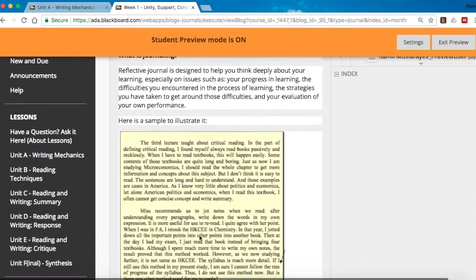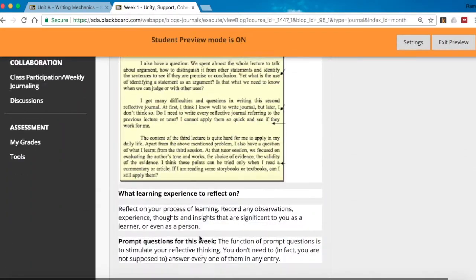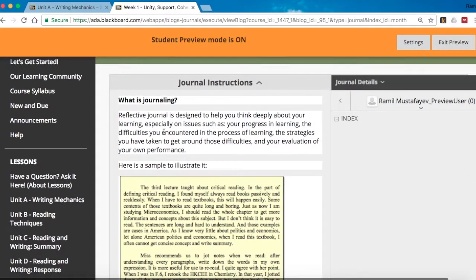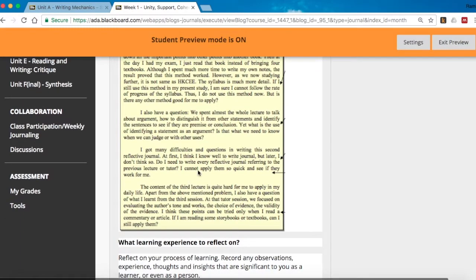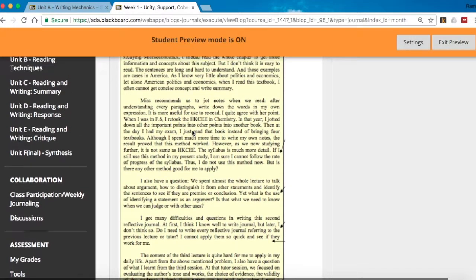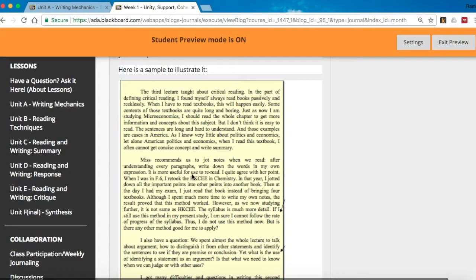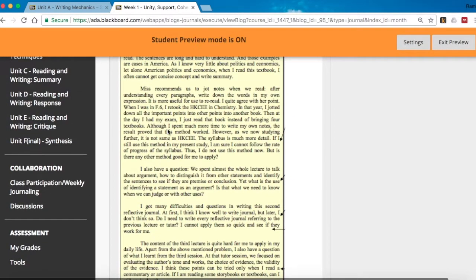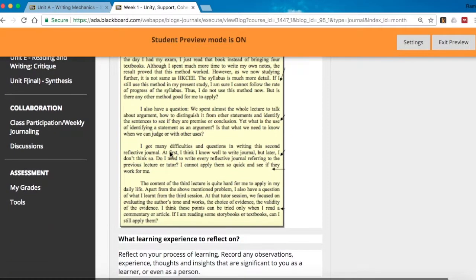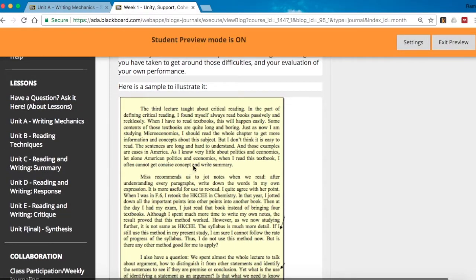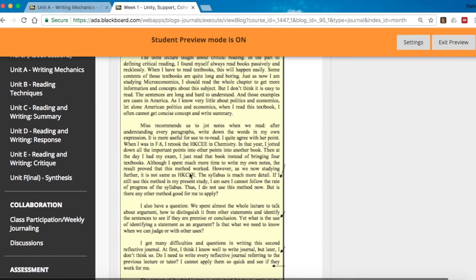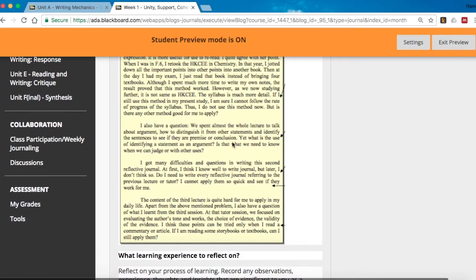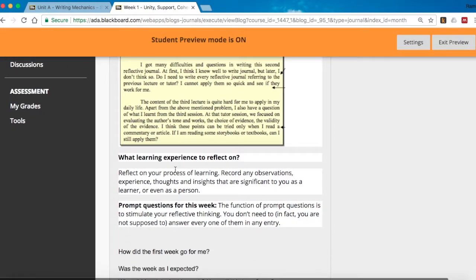Here are my instructions, what you need to do to reflect. Basically it is what we discussed in the class. So this talks about what journaling is, and here is a sample for you. I heard that some of you wanted a sample so that you knew what to write. So this is a sample of about 2, 3, 5 pages. Paragraphs. So you can pause the video to read, or you can enter here to read this sample,